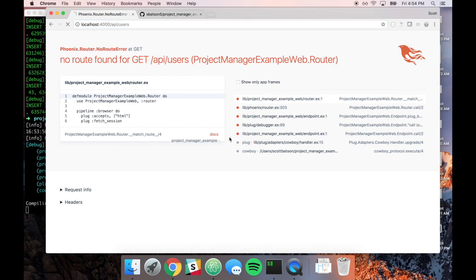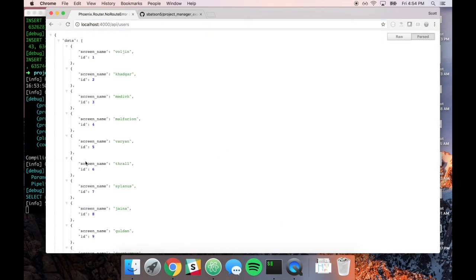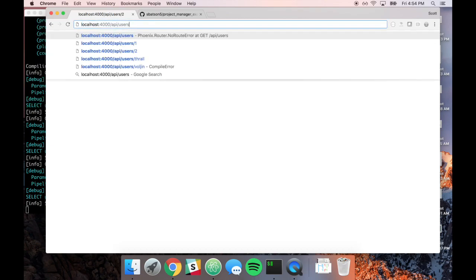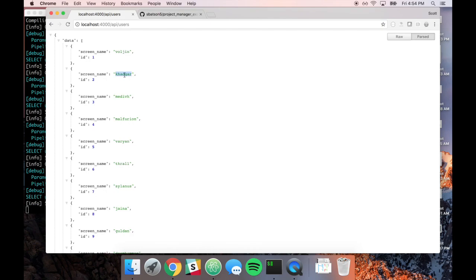Let's save that and refresh this. There we go. Here are all of our users. If I go to user/1, there we go. We only get that specific one. User/2, we get that specific one. But what I want to do is I want to be able to do this. User/